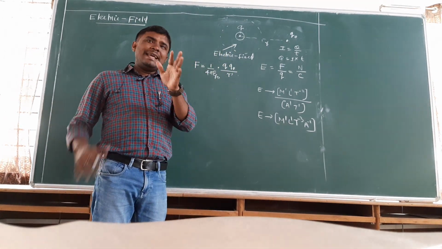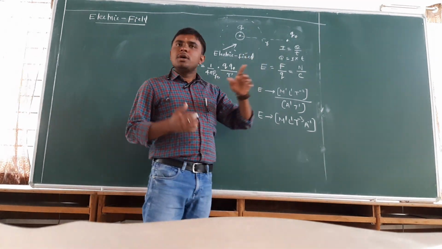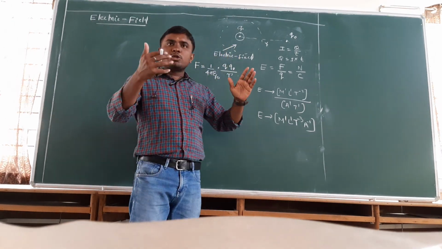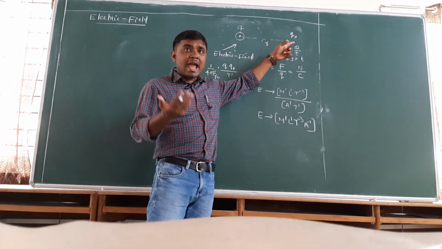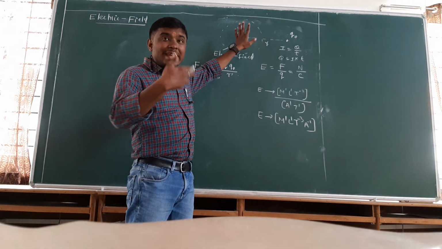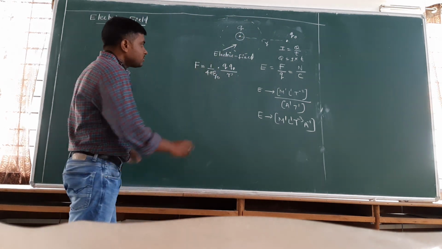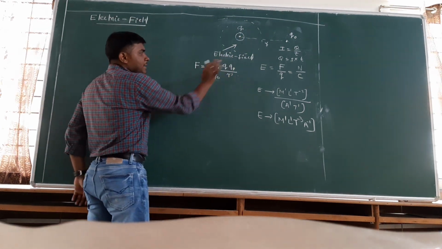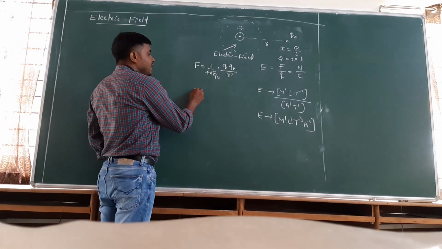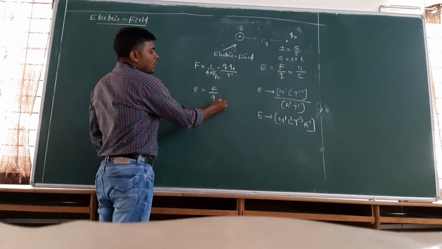Now, what is the definition of source charge? A source charge is the charge which is going to create the electric field, and a test charge is the charge which is going to experience the force in that field. That's why testing is done on Q naught, and the charge that creates the field used for testing is the source charge. Okay, now F is equal to 1 by 4 pi epsilon naught. What is the definition of electric field? We know electric field is equal to F by Q naught.